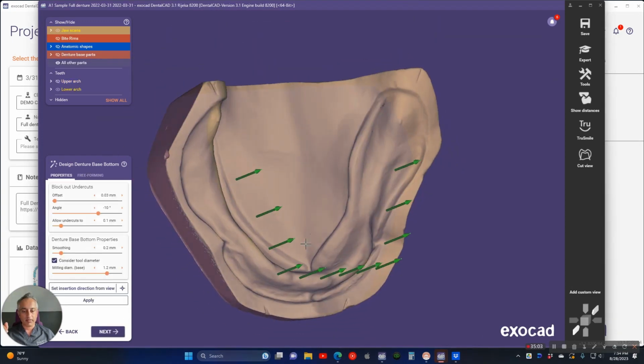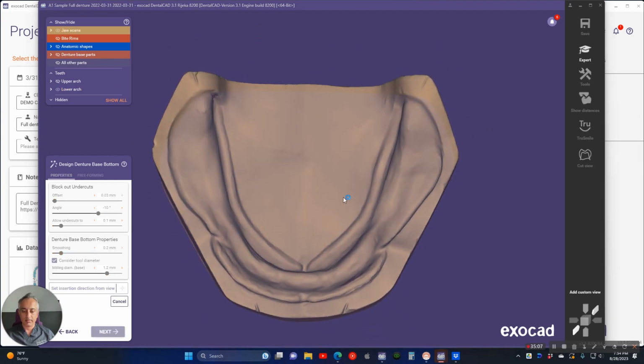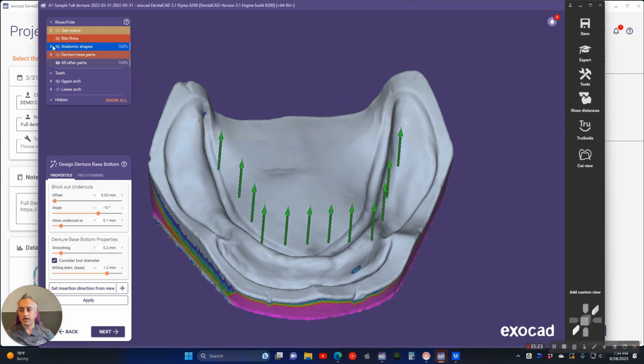It's going to tell me to do the same thing for the bottom. So what it has done now, and I'm just going to hit apply, is it's taking the jaw scans and creating a virtual bottom. That virtual bottom is what it does all the gingival design to. So now that I've created this gray virtual bottom,